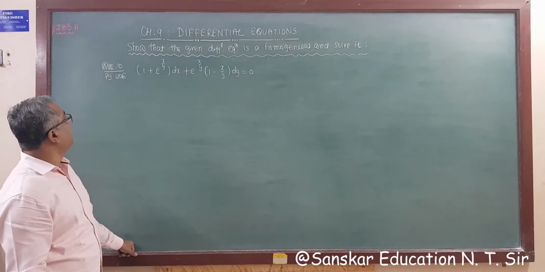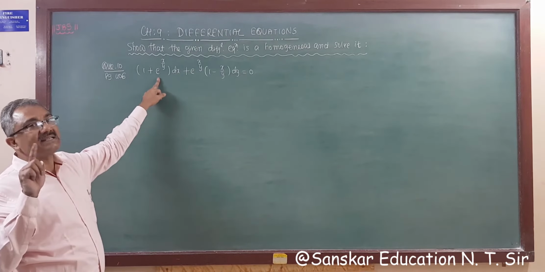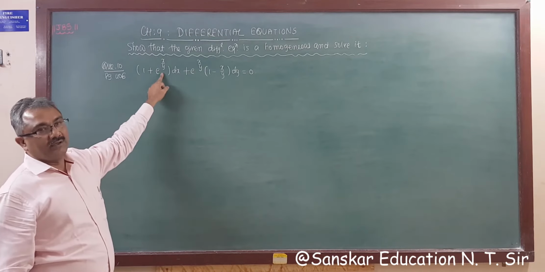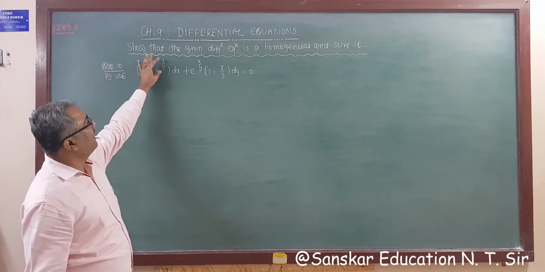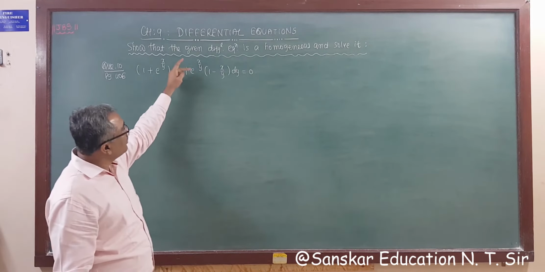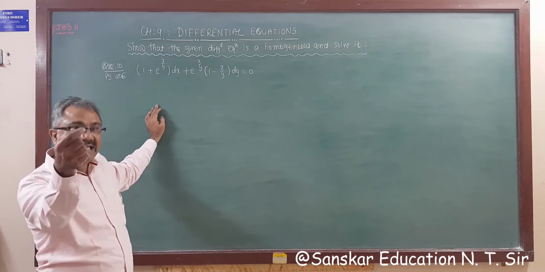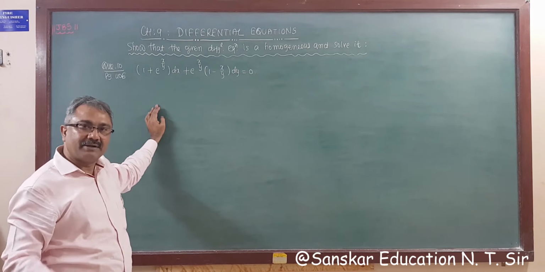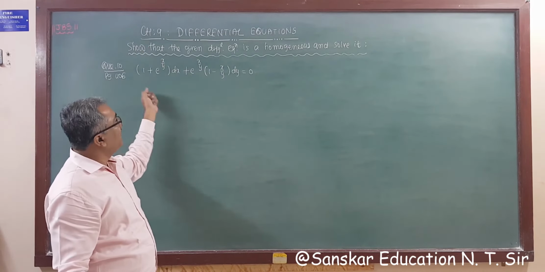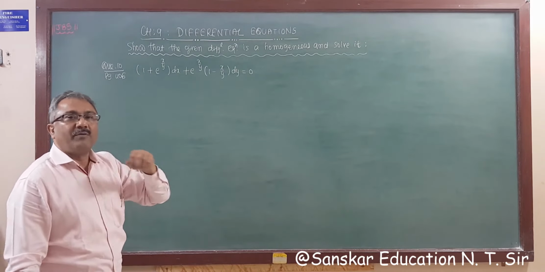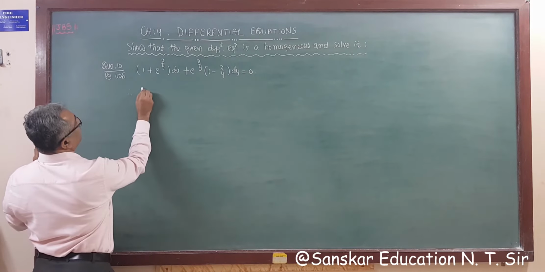Question number 10, page 406. 1 plus e raised to x by y. So this is something new, right? Till now, whatever we have solved had y by x, here it is x by y. So that means here also it is x by y. So we have to express this equation in dx by dy form as we discussed earlier, right? Due to this x upon y, we have to express this equation in the form of dx by dy, right? So taking these two to the opposite side, what we get?